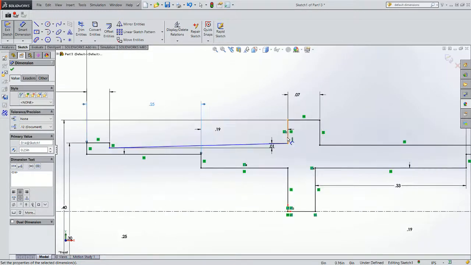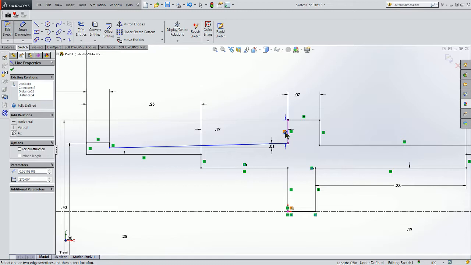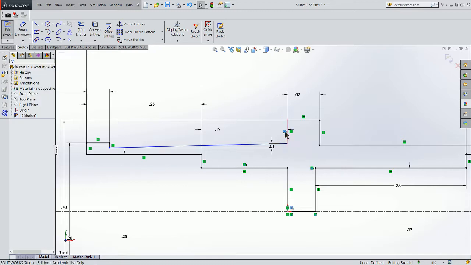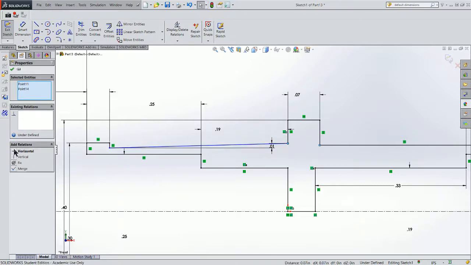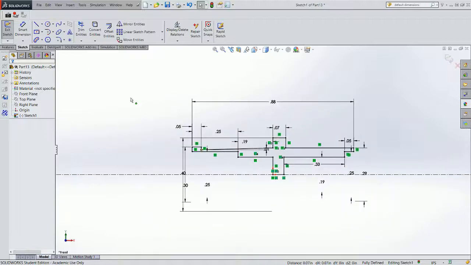Okay, so as I look at this, what I'm missing is the elevation of this point. Now in their sketch, you can see that it's pretty much this point and this point are horizontal. That will do the last dimension of my sketch. So now my sketch is fully defined,